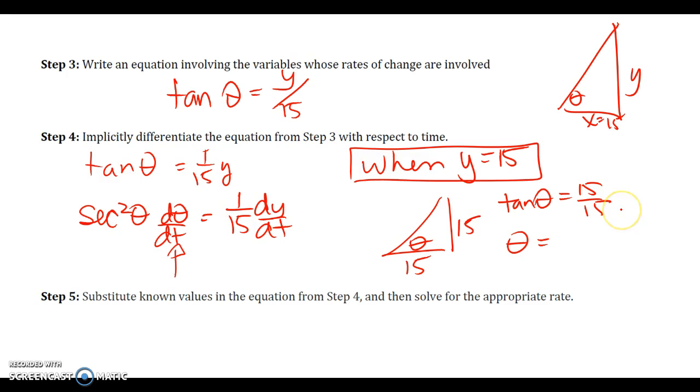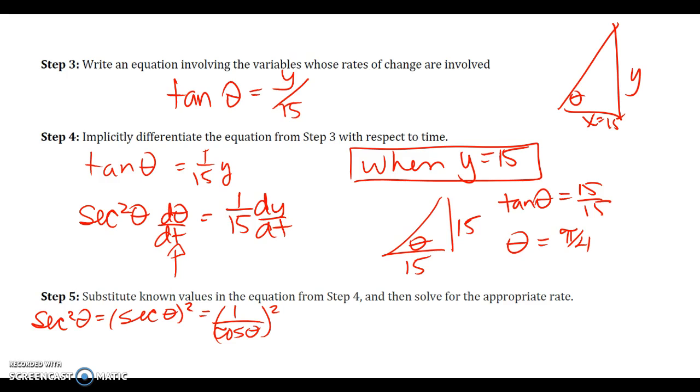Now, I don't want to use 45 degrees. I want to use basically pi over 4. We need to work in radians when we do this. So my equation, if I'm going to substitute in secant squared theta, that's really secant theta squared, which is really 1 over cosine theta squared. We needed to get that. So in radians,